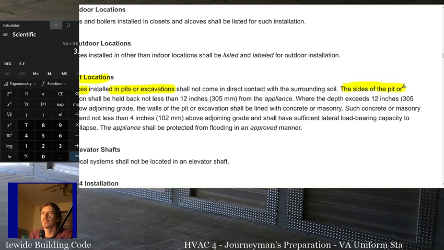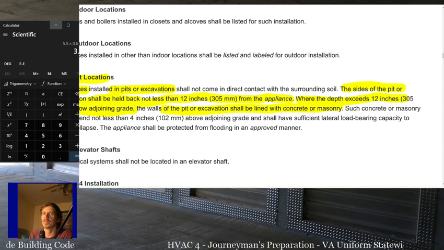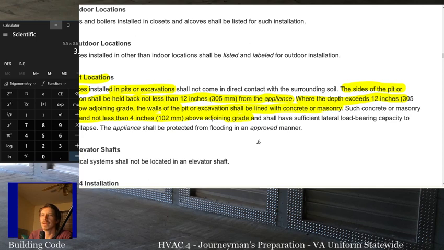The sides of the pit or the excavation shall be held back not less than 12 inches from the appliance. Where the depth exceeds 12 inches below adjoining grade, the walls of the pit or excavation shall be lined with concrete or masonry. Such concrete or masonry shall extend not less than 4 inches above adjoining grade. All right. Anywhere where you've got numbers and stuff like this is a good thing they're probably going to ask